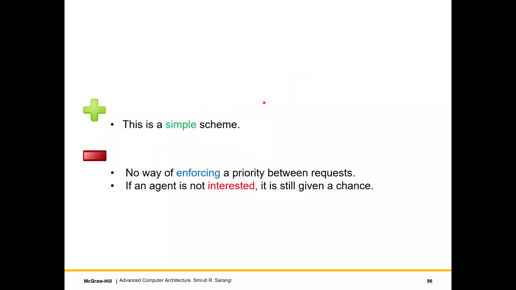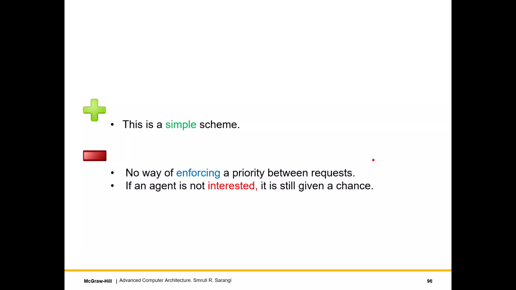So of course, this is a nice and simple scheme in the sense we could draw the full circuit very easily on the screen and it's easy to understand. Of course, there is no way of enforcing a priority between requests because we follow round robin. Second, let's say if an agent is not interested, it still has to be given a chance. It has to be given a chance because